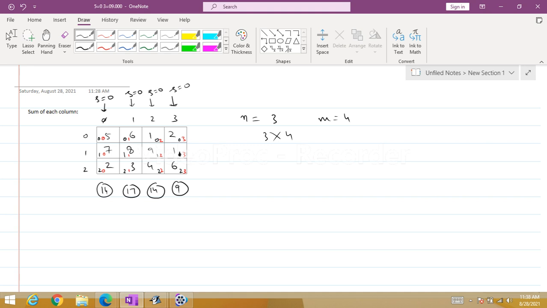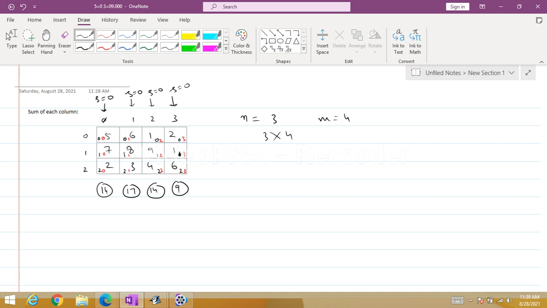So when your first reference is to be given to the column, that means the first loop should be for the column and the second loop should be for the row.